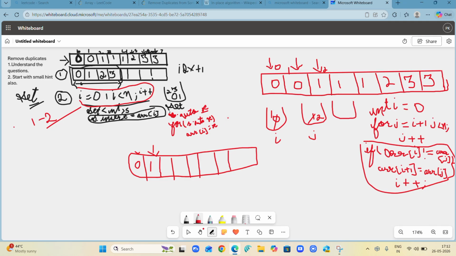So now I'm going to compare the array of first element, and j has now become 3, because j is increasing every time, right? Now I'm comparing the array of first element with the array of third element.